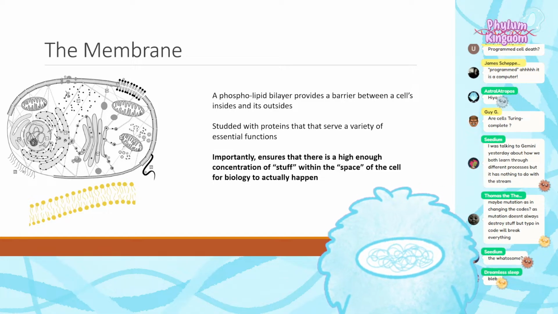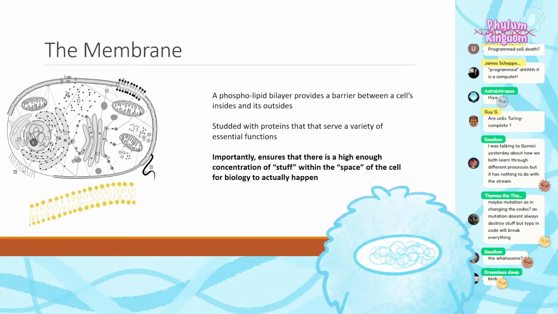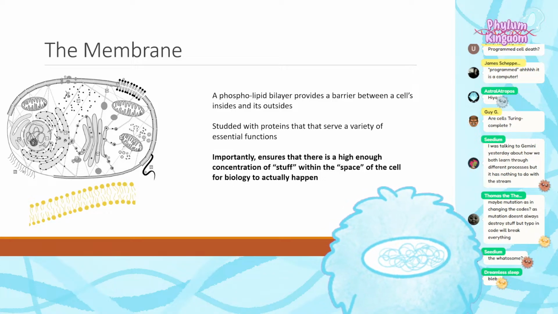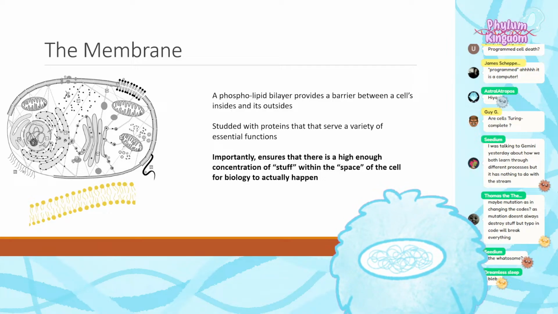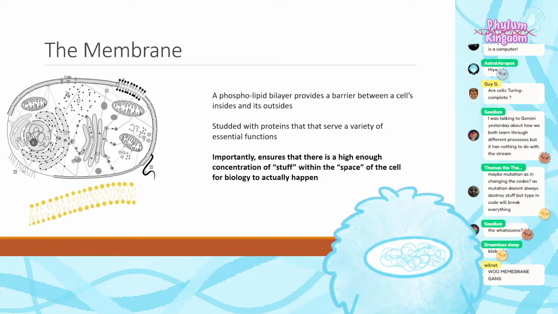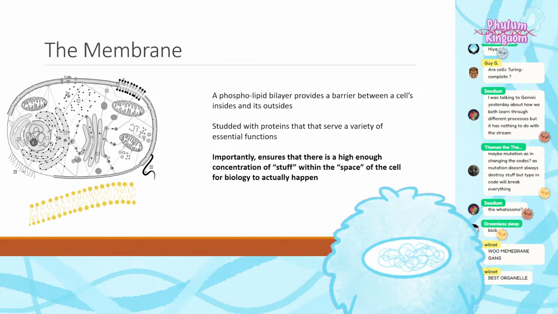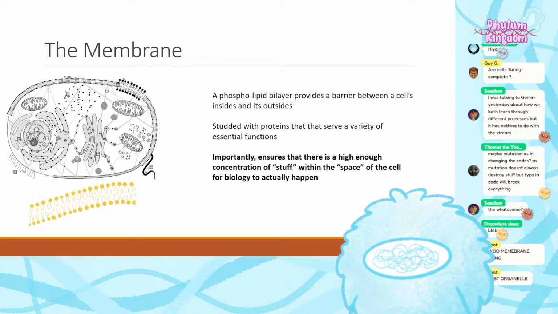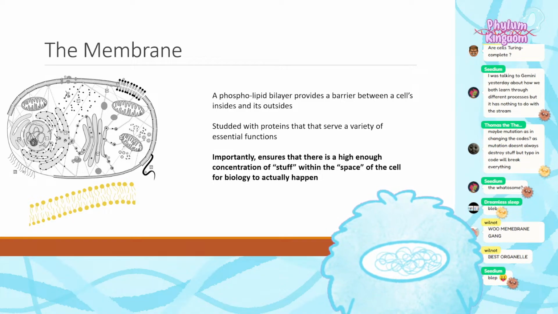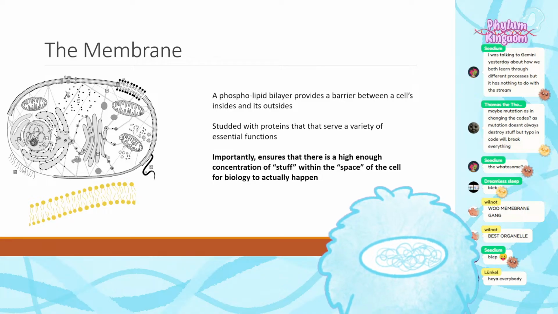But for cells that harbor life, they are made of phospholipid bilayers that provide a barrier between a cell's insides and its outsides, right? This is not a universal plan for all living cells. Some cells have more than one phospholipid bilayer. Some cells have an additional cell wall on top of that made of various components. But this is the general unit of the cell, right? You gotta define where the cell ends and where it begins. And so this membrane is really, really important for keeping the cell's insides in and its outsides out, right?